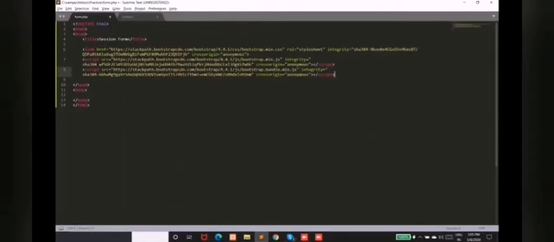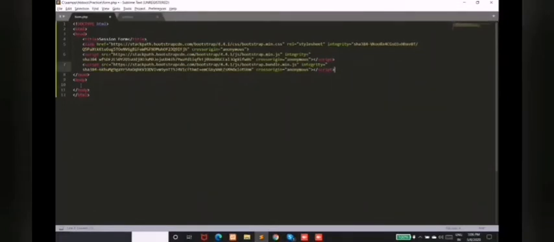So we are using it. This is a CDN link we use to fetch all the Bootstrap classes. You are using the Bootstrap classes, but it is not useful if you are not connecting the Bootstrap engine with the page. So these are the basic CDNs we need to include in the header section.